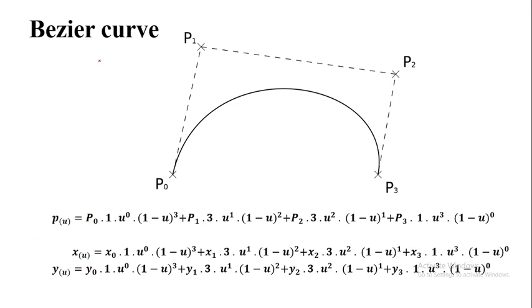If it's asked for 5 to 6 marks, only one control point will be there. Okay, start point, end point, and one control point is there. If it is asked for 10 marks, the minimum control points will be two only. Two or three, it can exceed.